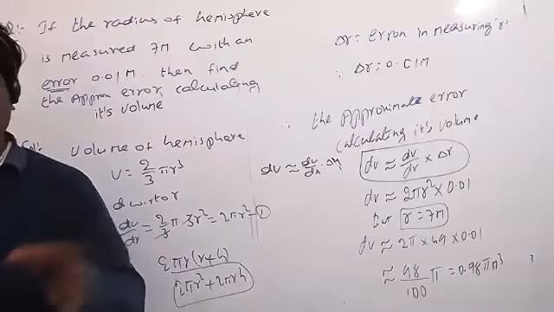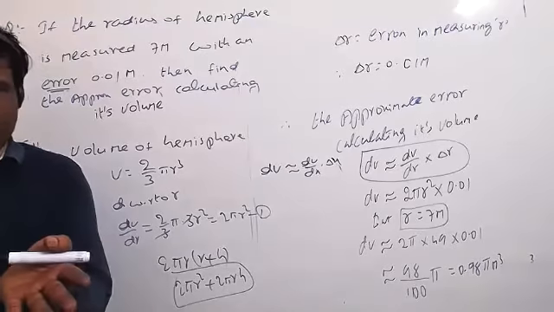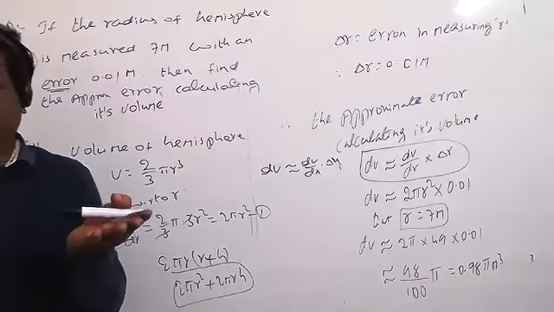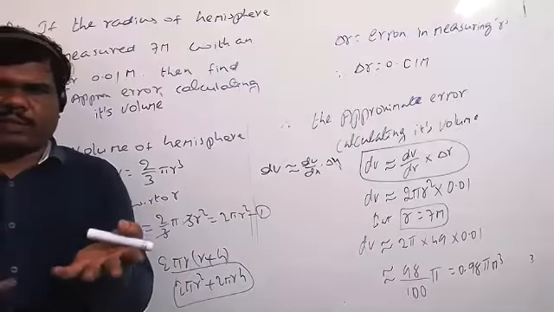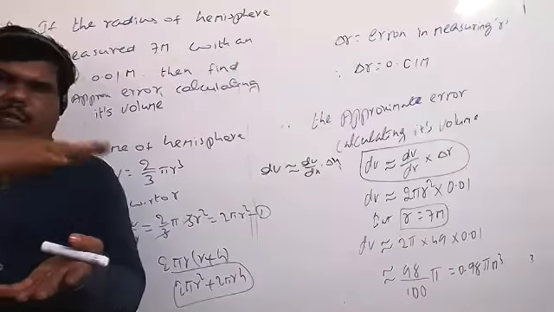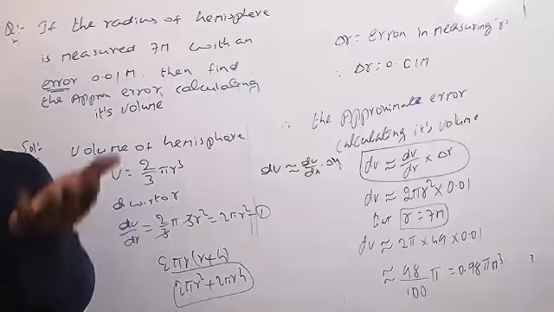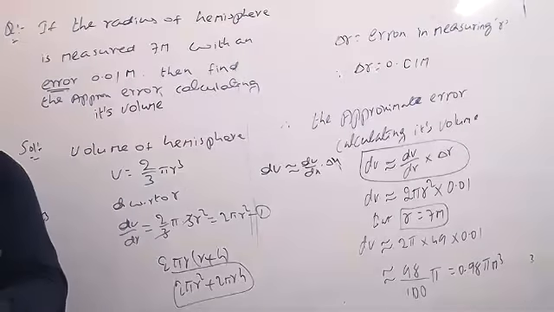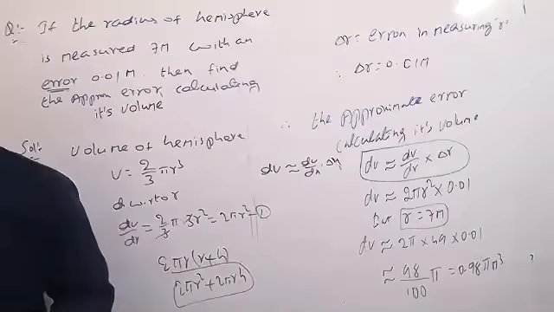But in the hemisphere, when you cut it in half, the curved surface gives only the curve, while the total surface also includes the base, the flat top surface we get when we cut the sphere. That's why in the hemisphere, the total surface area is separate and the curved surface area is separate. So this is related to the approximation. I hope all of you got that clearly.